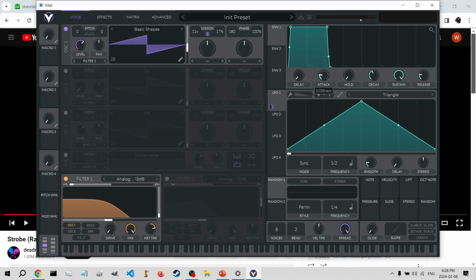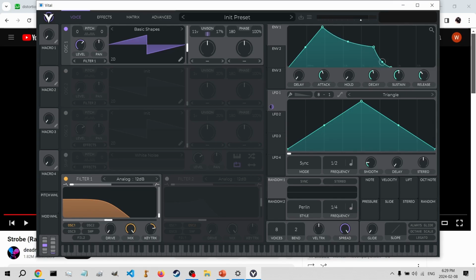And the basic idea of an ADSR envelope is we have an initial peak volume of the synth and then a volume that it's held at. And there are 4 stages representing the A, D, S, and R respectively. We have the attack, which determines how long it takes to get to the peak. We have the decay, which determines how long it takes to get from the peak to the sustained volume. We have the sustain knob, which determines how loud the sustained volume is relative to the peak. And we have release, which is, once you let go of the key, how long does it take for the